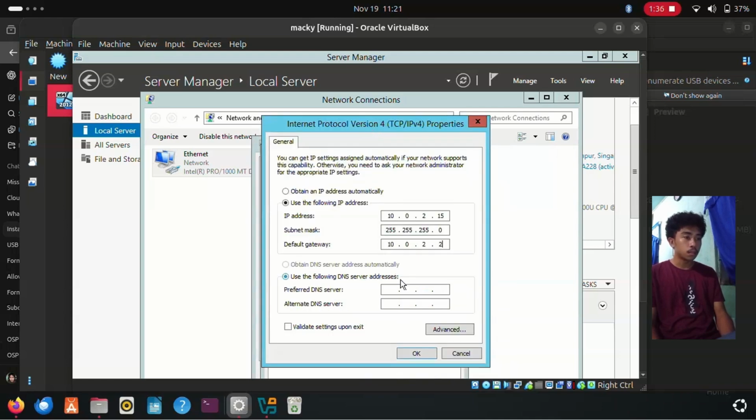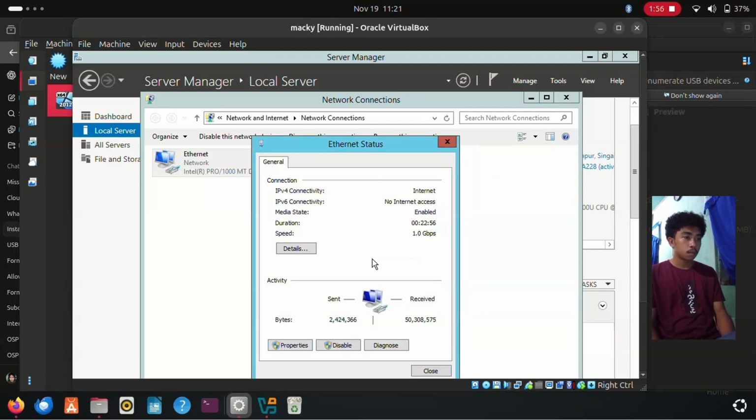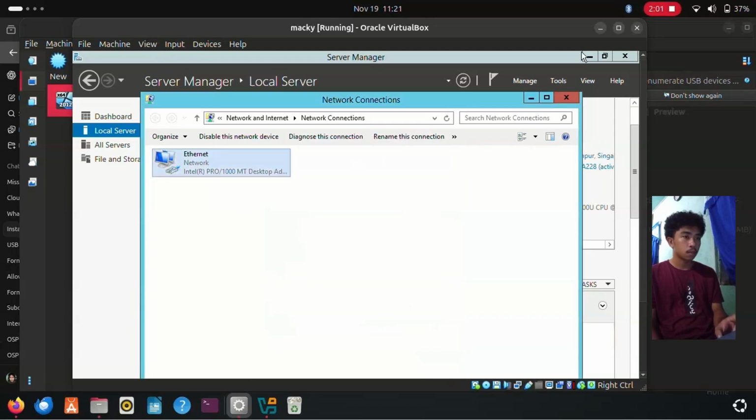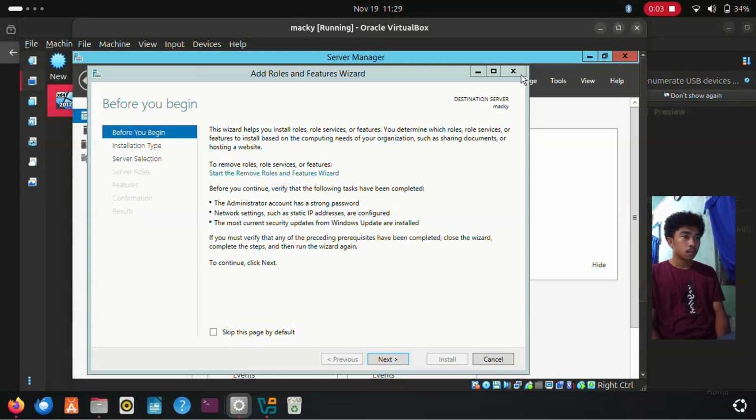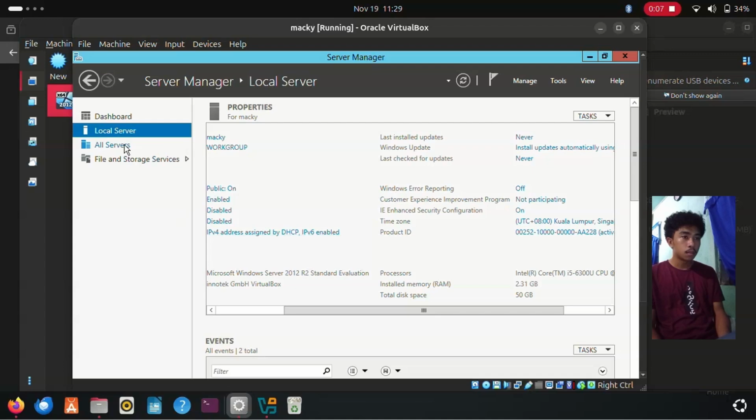You can now see, and you can now configure the local server,